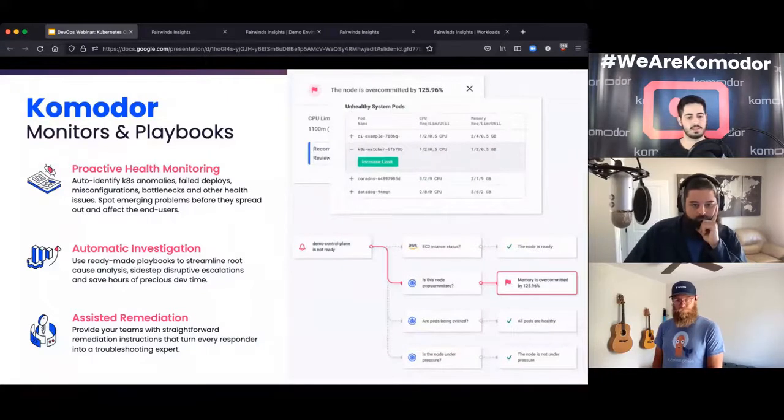And then we run some playbooks, meaning a variety of checks on the nodes, like is the node overcommitted, what is the CPU usage of this node, are there any pods that are evicted on the node. Generally the purpose of these checks is to see what the problem is, and we also want to give the solution. So we give an end-to-end solution to the users.